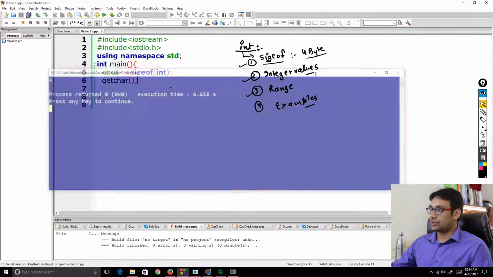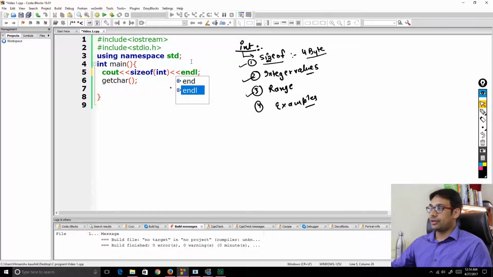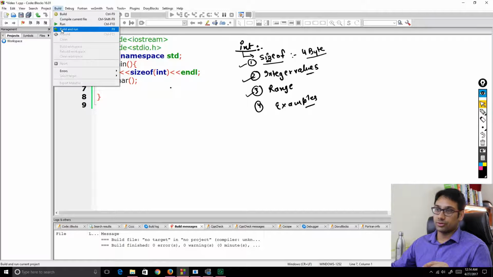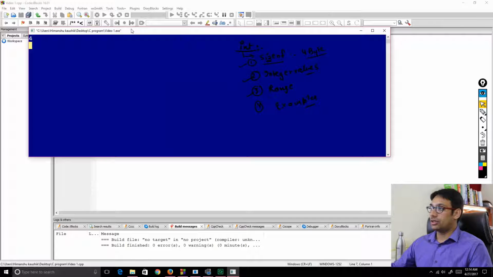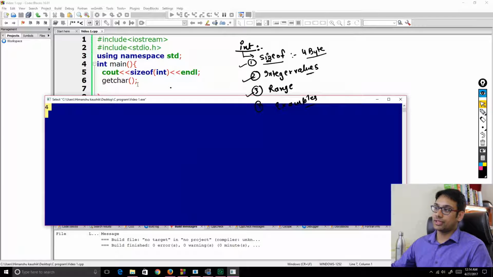Okay, so let me do one thing. Let me change the line, that is endl. Now you will see why I used getchar. So again I'm going to go to build, and I'm going to build and run the program. Now here you can see we printed the value 4, and this 4 is actually the size of the integer variable. The sizeof function is printing the value 4, and this getchar